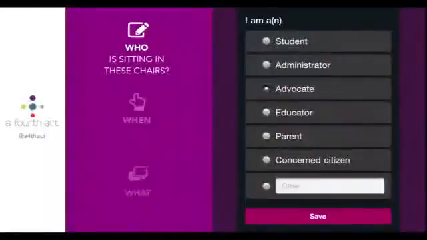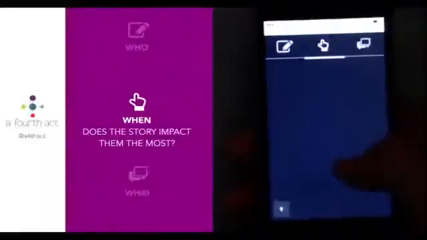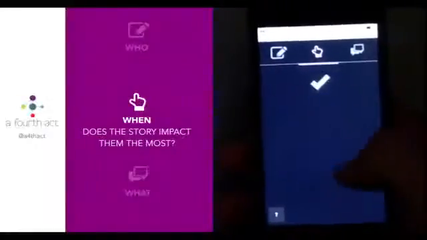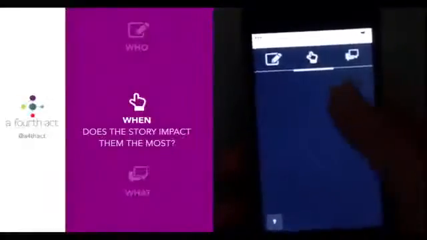There's three opportunities to engage with this app. A, there's an opportunity to identify who's in the room. So you can quickly take a survey of your role within the community. So you can see here, you press an advocate within your community. And then there's the second tab, which is primarily the primary tab that you have when you first use this